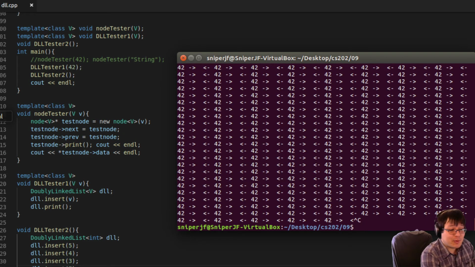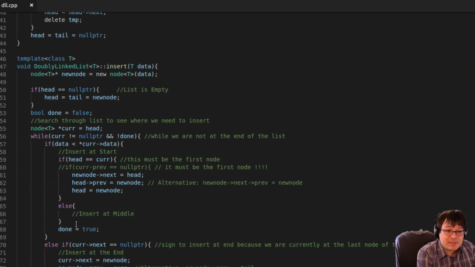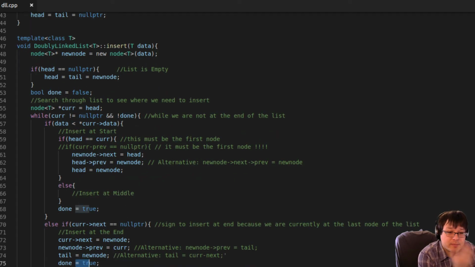Okay, we have an infinite loop, so I'm glad that we tested it now because we have a problem. Let's see what the problem is. Done gets true, well, and not done. If done is true, then this is false, so we should kick it out. If head is equal to null. Well, here let's